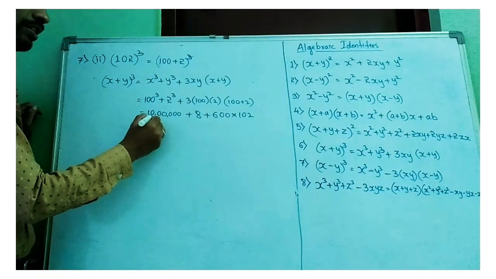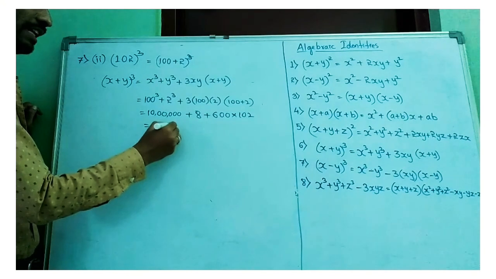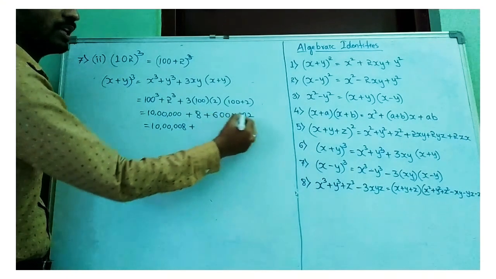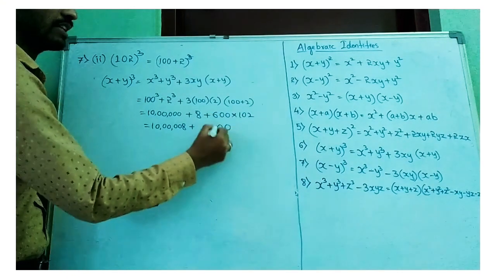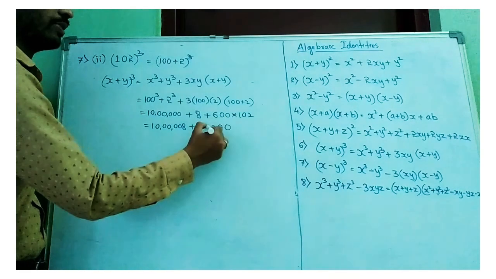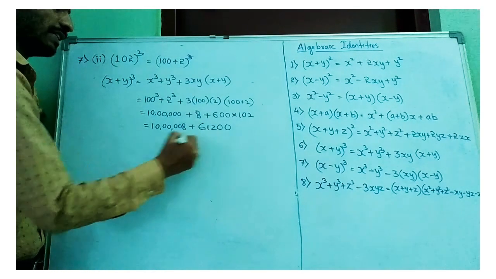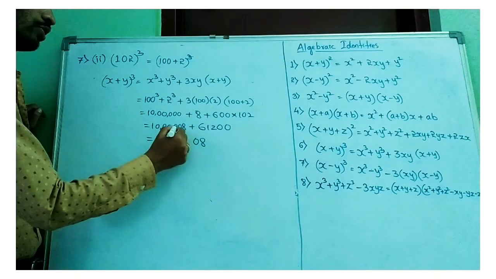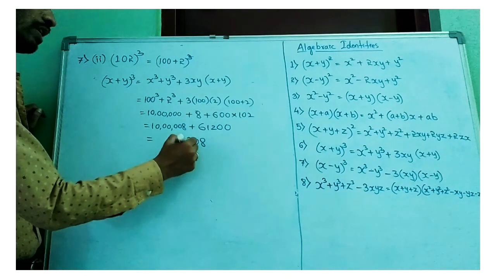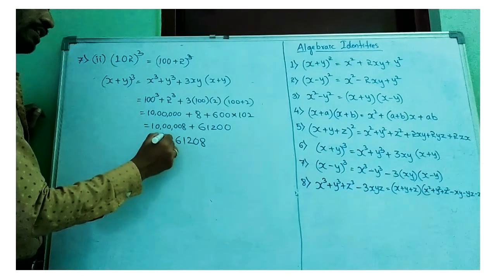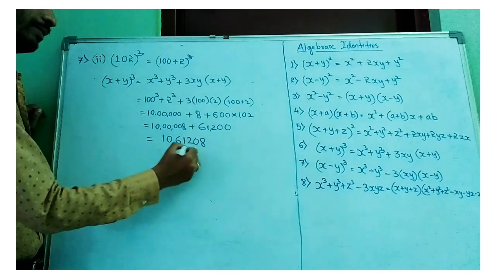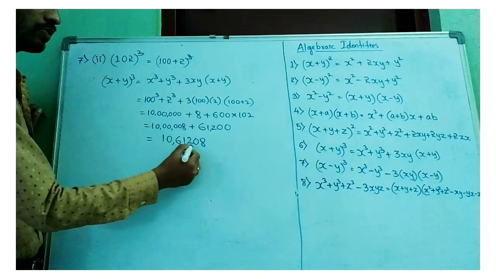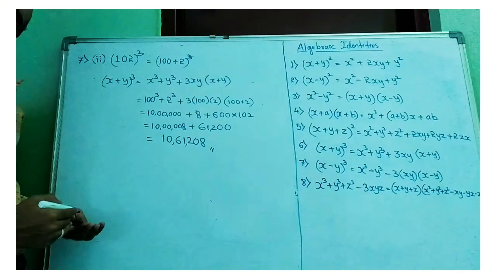Before adding, you still have to do the multiplication of these two. So 2 zeros are there, keep like that only. 6 twos are 12, carry 1, so 6 ones are 6. Now add them. 8 plus 0, 8, 0 plus 0, 0. 0 plus 2, 2, 0 plus 1, 1, 0 plus 6, 6. Lastly 10. So it will be 10 lakh 61,201. So this is the final answer.